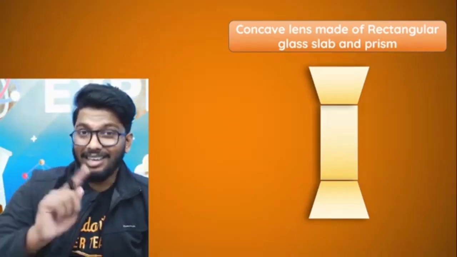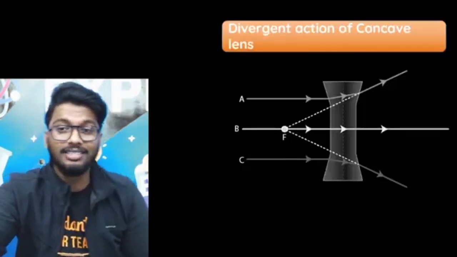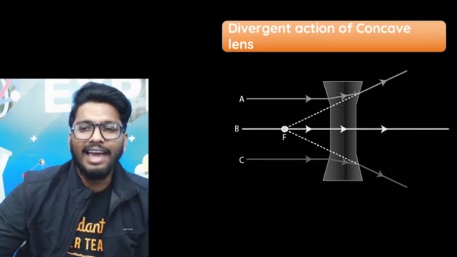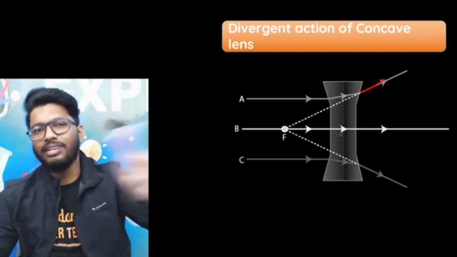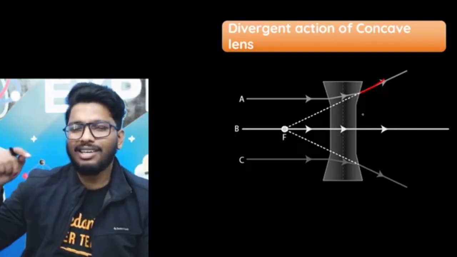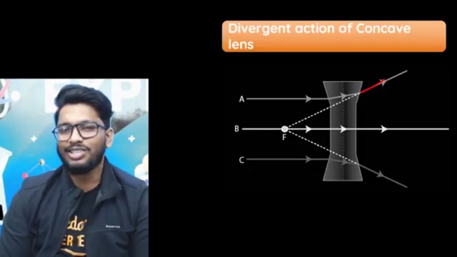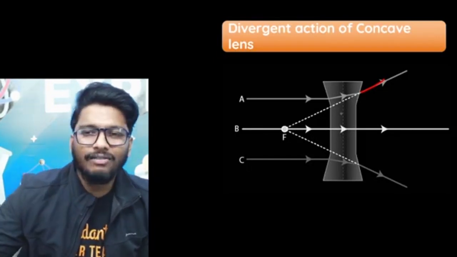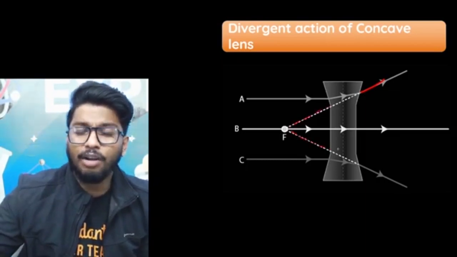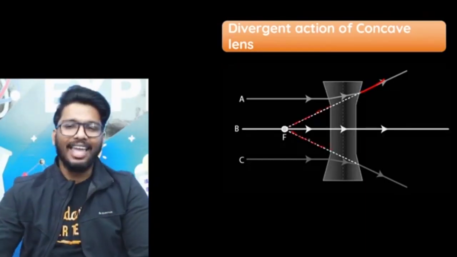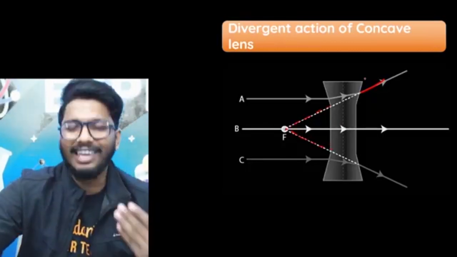Now, once again, in a prism, the rays will always move towards the base. So in both cases, you can see that the rays of light would bend and move away from the principal axis. But the one in the middle, the rectangular glass slab: when a ray of light is incident at 90 degrees, it will pass through undeviated. Once again, if I trace the rays back, they will appear to meet at a particular point. The same goes over here as well. It will appear to meet at a particular point, and that point is the focus of this particular concave lens,